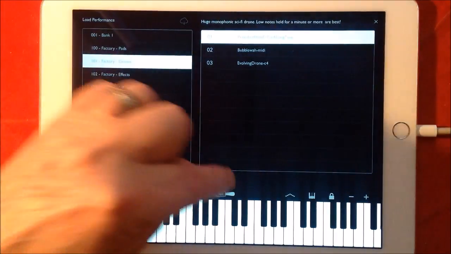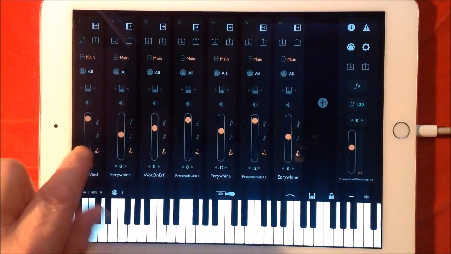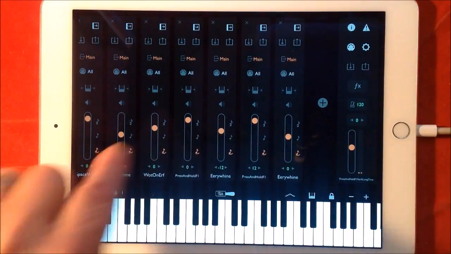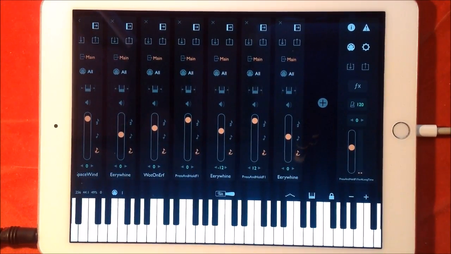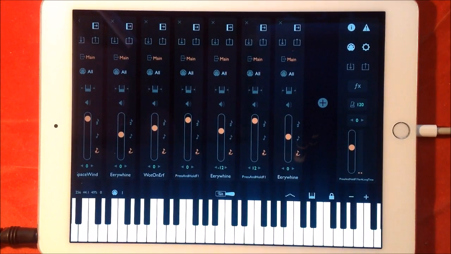So we have this huge one here. You can see it's made up of, I don't know, eight or nine different layers, and you could still add more. Oh, you can layer keys as well, like your key area, but I'll get into that as well. So if I just hit a really deep C here on my MIDI keyboard,